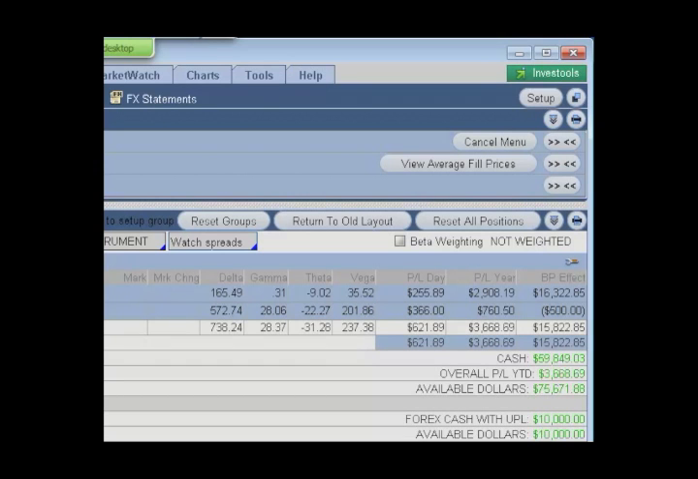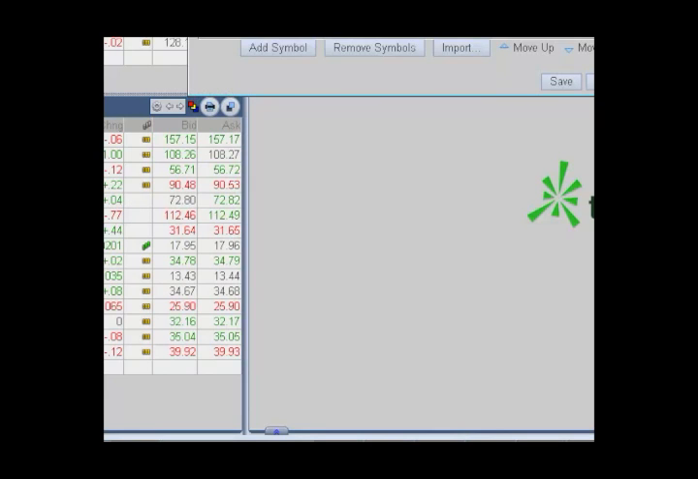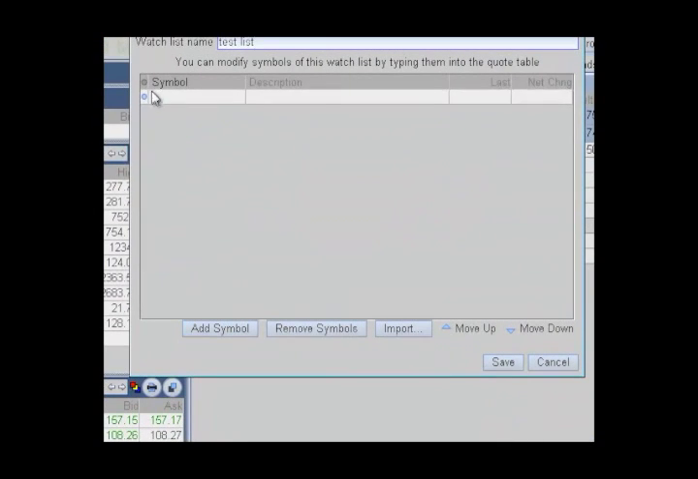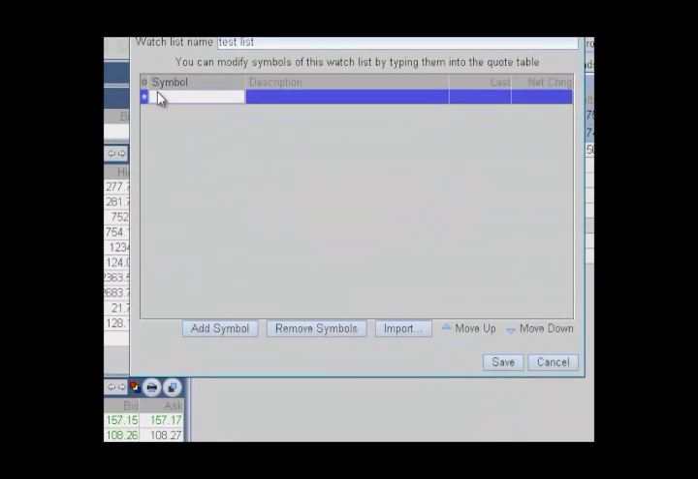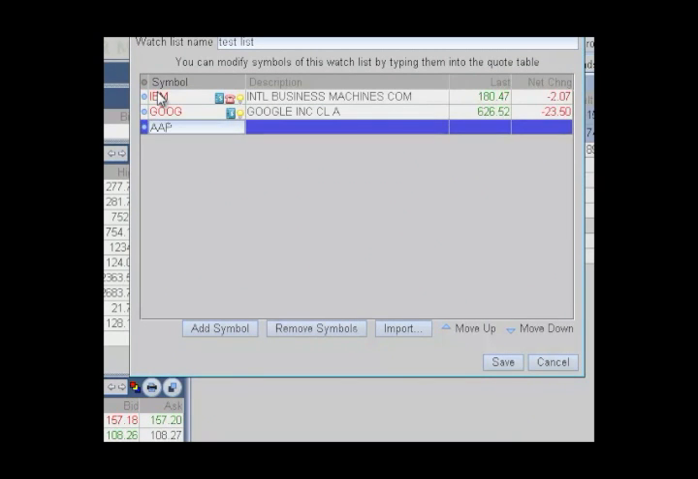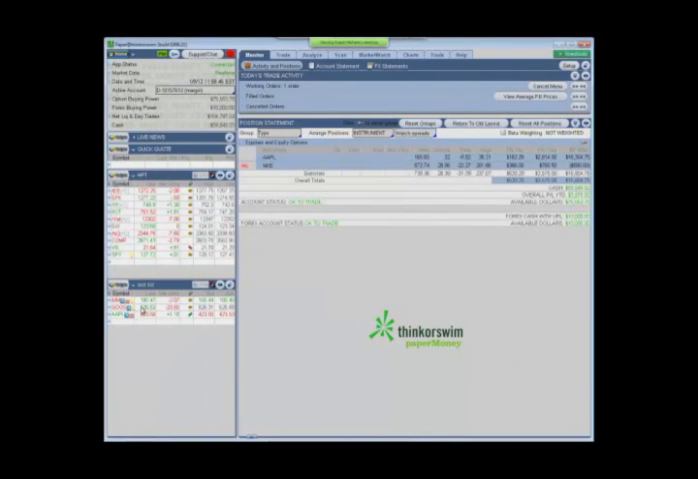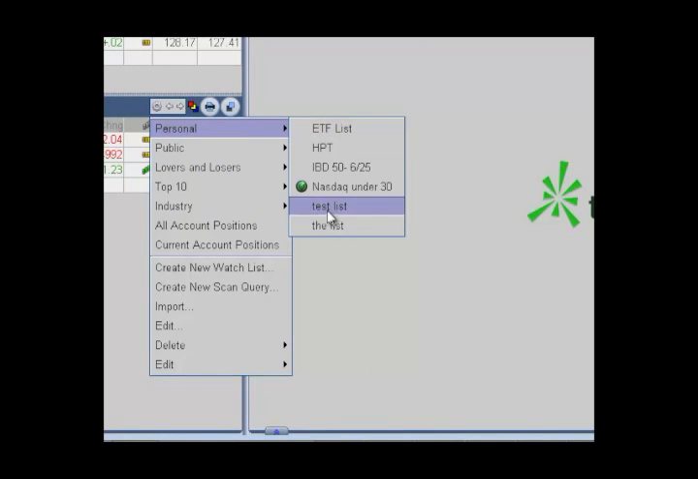Click on this little wrench, and this will open up to create a new watch list. You can name this test list, just for now. And you can go in here and put in IBM, Google, Apple, and then hit save. And then I have this test list, okay? That will generate a watch list for you, and then every time you want to go in and view that list, you can simply come in here to the wrench and go to personal,